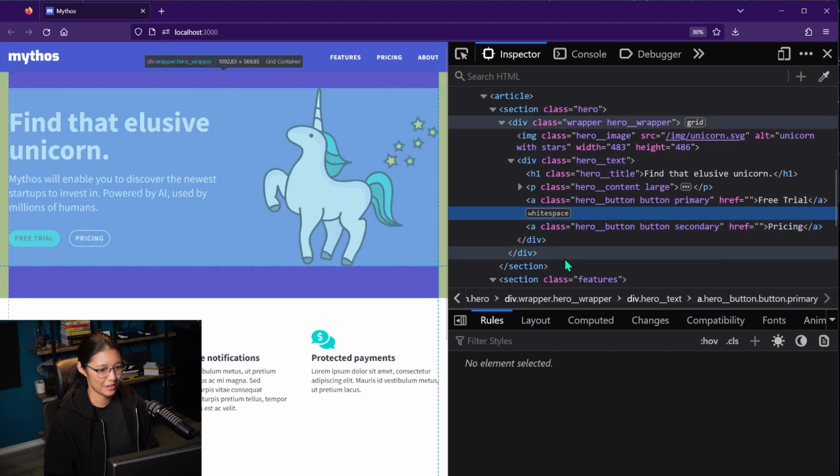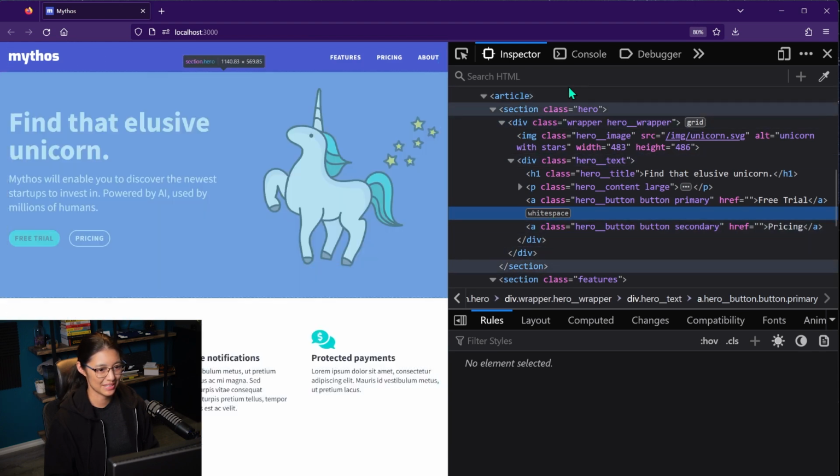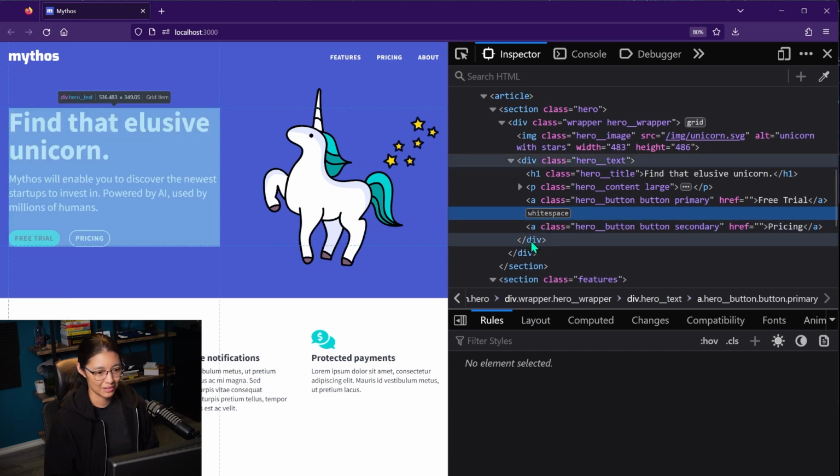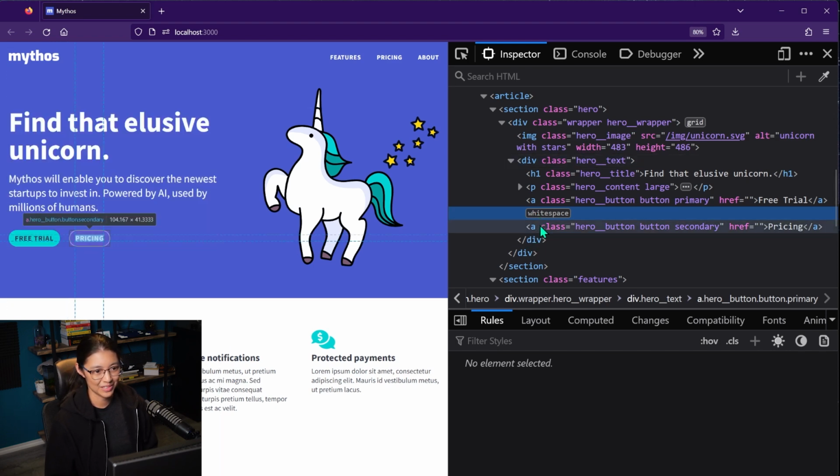And this is if you have really tiny spaces between elements on the website and you don't know where it's coming from, that tiny little space might be coming from white space, which happens when you are using a new line in your HTML markup. And this is actually pretty cool: Firefox tells you that the space exists, and you can see on the website that it's telling you the size of the space. I don't know if you can read that, but this one is 3.2 pixels wide. So that can be super helpful if there's some random space and you don't know where it came from.